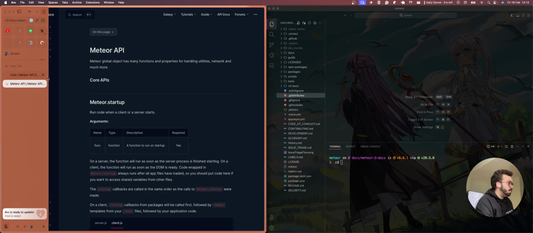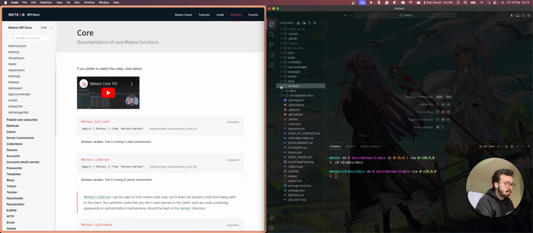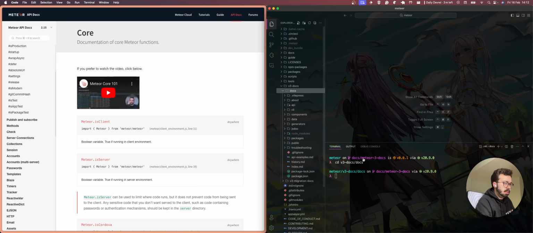I'm not going to be using this one. I'm going to stick with this one and join the docs, and then let's see if things are okay. I have no modules, so I guess this can be run.